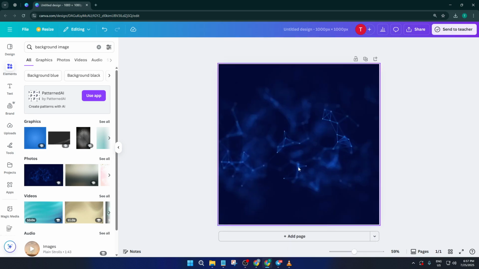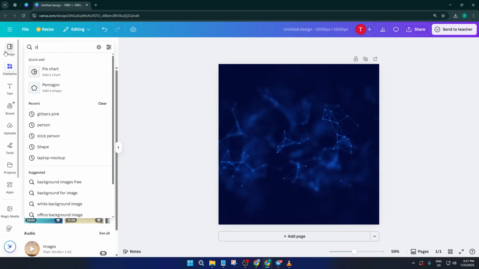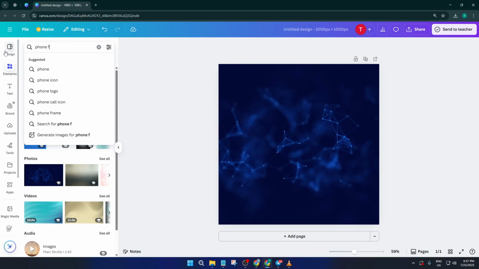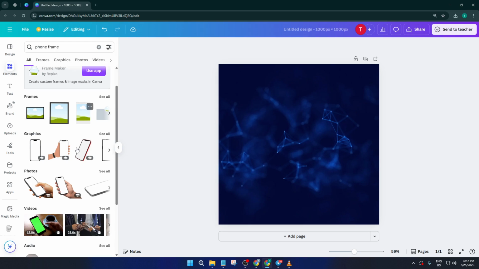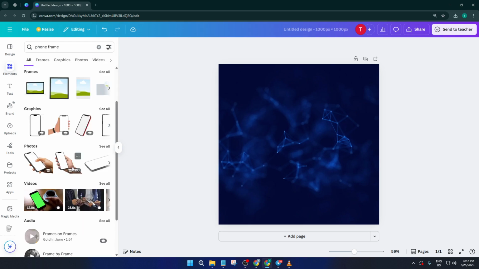Now let's add the phone frame. Head back up to Elements and this time type in phone frame in the search box. You'll find a bunch of options. Choose one that matches the style you want, maybe a modern iPhone frame or something a bit more abstract. Drag it out onto your canvas. This frame is where your pop-out magic is going to happen. Placing the phone frame helps establish the focus of your design, almost like setting the stage in a theater before